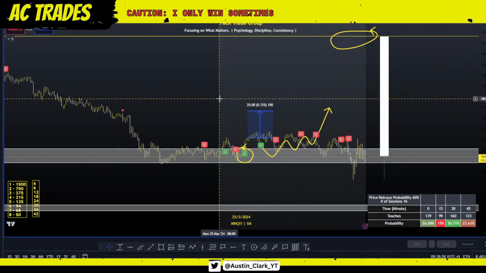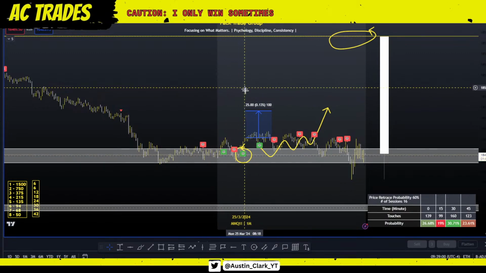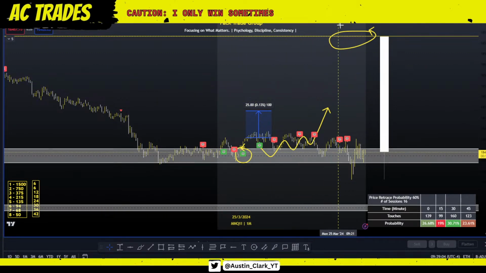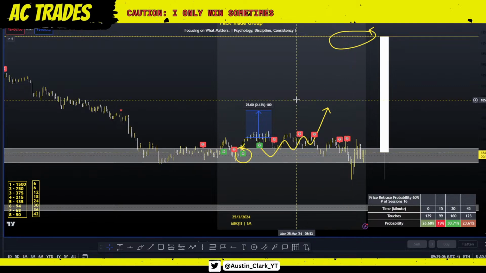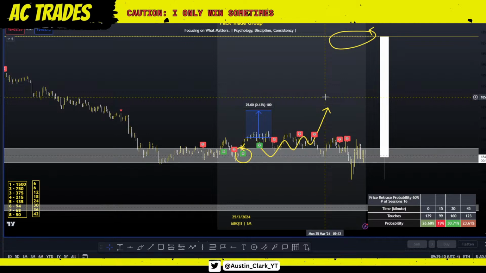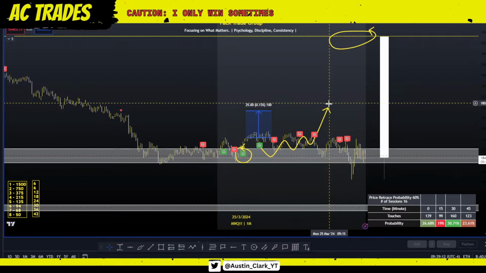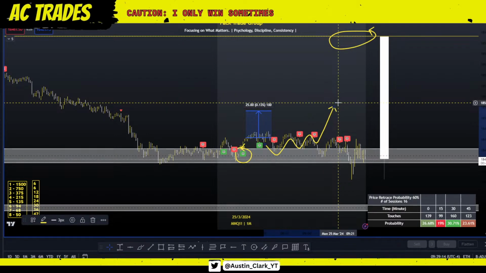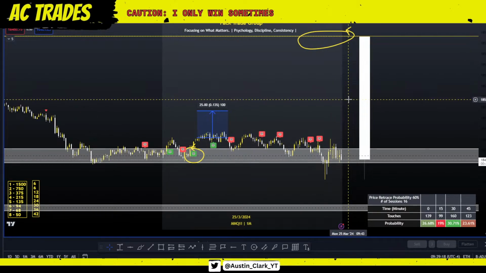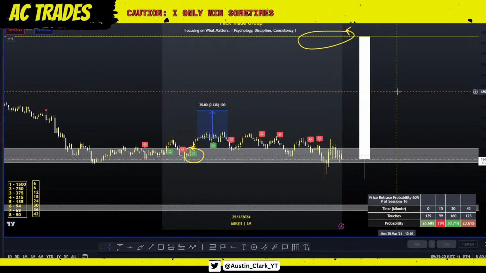But Austin, what happens if we don't retrace midnight open? Do you take a trade? No, I wait till the next day. What happens when we do reach the midnight retracement and we hit full TP? Do we take another? No, I wait till the next day. That's why I tell people I could give you a 100% win rate strategy. I could say, at this moment in time, go short every single day and you can get 10 points.